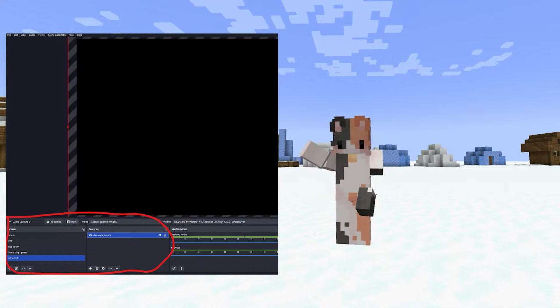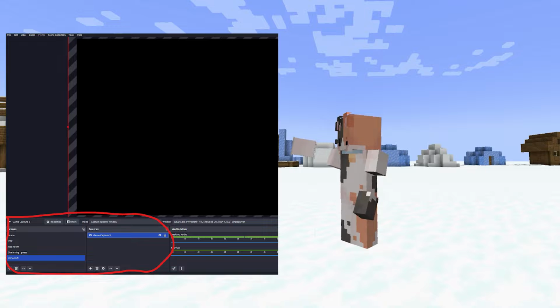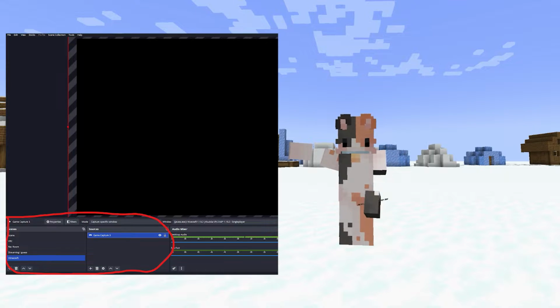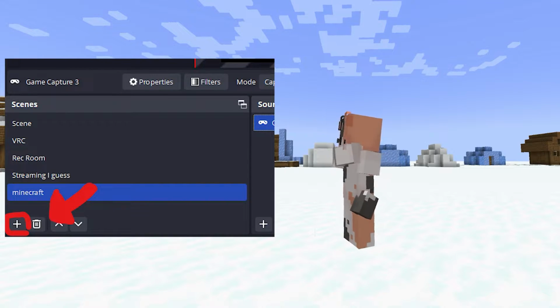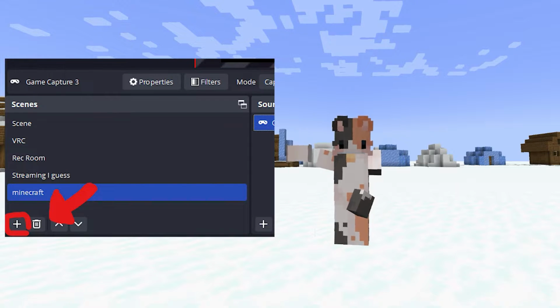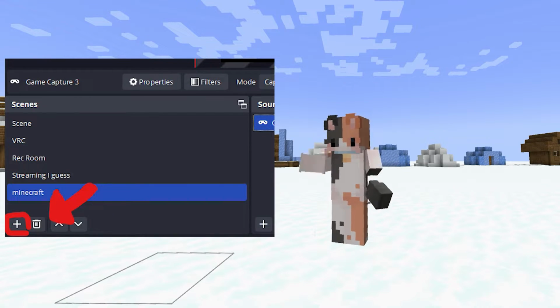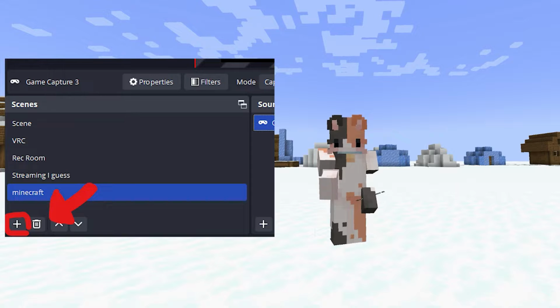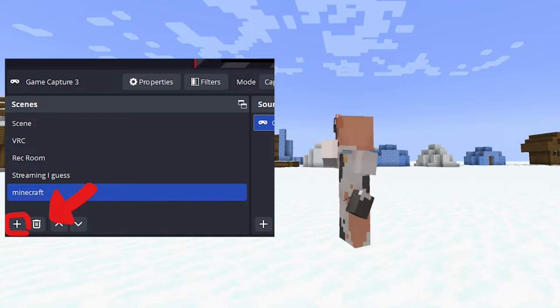Alright, so we're going to be doing most of our work here on the bottom left. If I'm pointing to the right spot, I'm probably not. But yeah, what you're going to want to do is go over to the scene area here, hit the plus sign, and create a new scene. Title it whatever. I suggest titling it Minecraft, because if you plan on doing this for other games, each